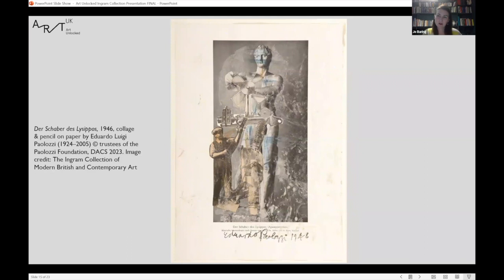This is a really early collage by Palazzi in the Ingram Collection. It's 1946. And he was creating really significant collages in that early period in the 1940s. These early works demonstrated his profound insight into the relationship between consumerism, technology, and human existence, how we navigate that. And by assembling a diverse array of images from magazines, adverts, and industrial sources, Palazzi was capturing the zeitgeist of